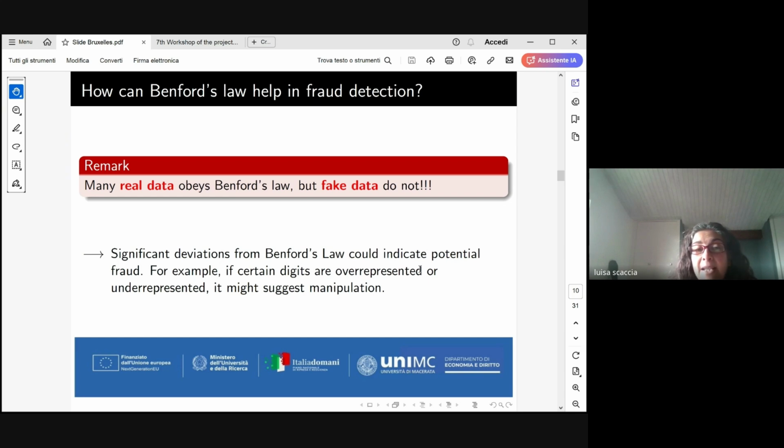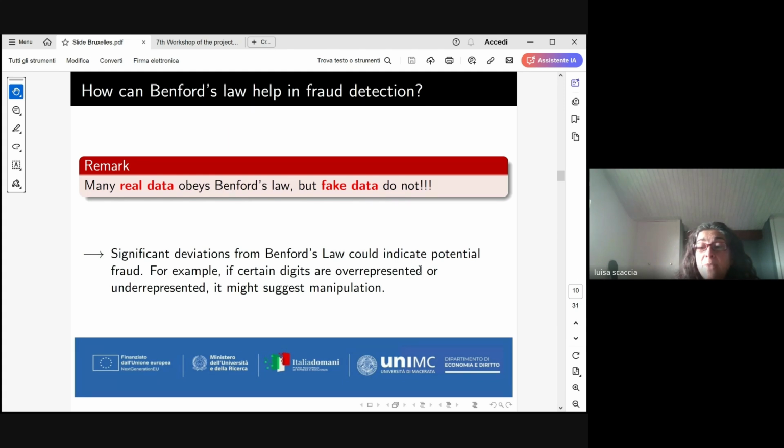And this is because if data are manipulated, certain digits might be overrepresented or underrepresented. And so we might observe significant deviation of the observed distribution from the theoretical one, the one under the Benford